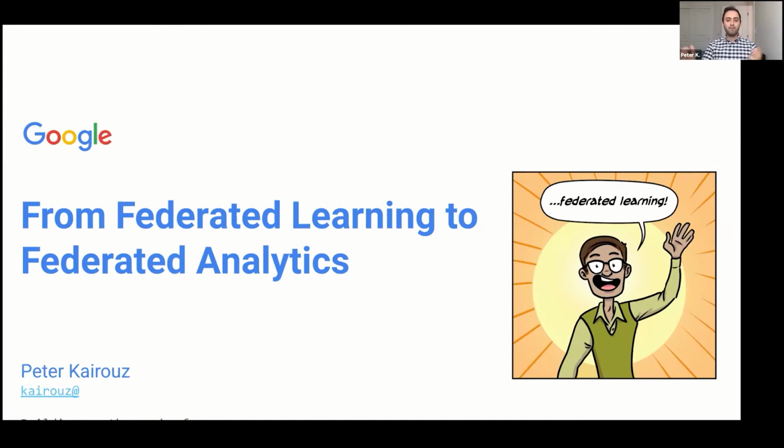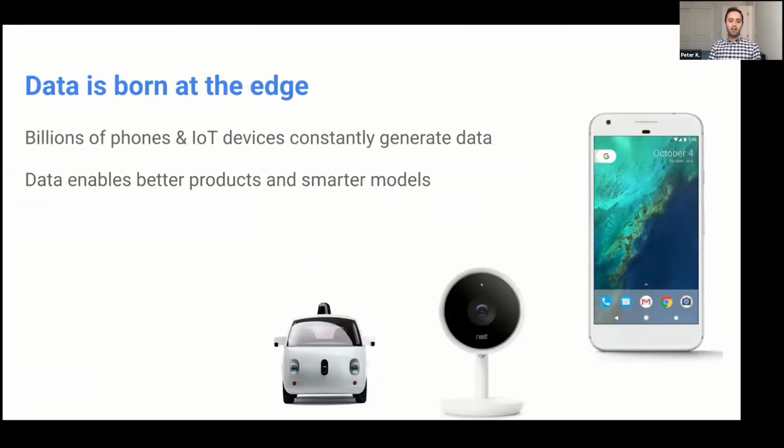So the name of the event is Data Council, so I assume we all have interest in data, so let's start with data. And as you probably all know, data is born at the edge. We're talking smartphones, computers, tablets, all kinds of sensor devices, personal assistants, smart cars, and so on and so forth. Lots and lots of data. And this data is very useful to do AI, machine learning, recommendation, personalization, so many beautiful things that we have become accustomed to. However, this data is very sensitive. It captures a lot of our personal information, and it could be damaging if it leaks out to the public or if it's used against us.